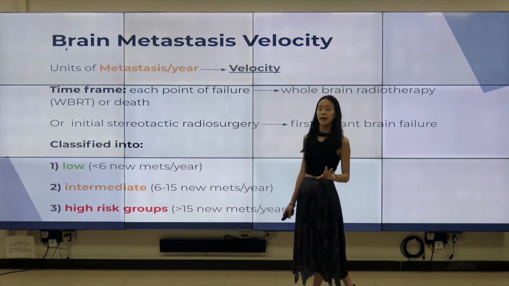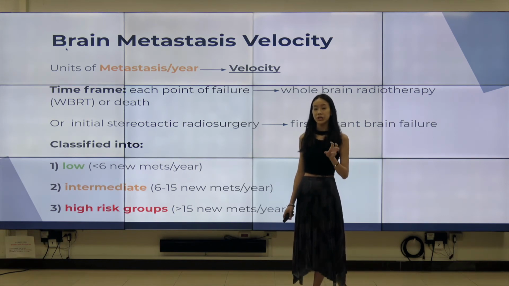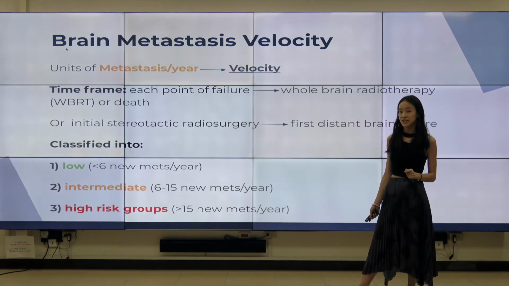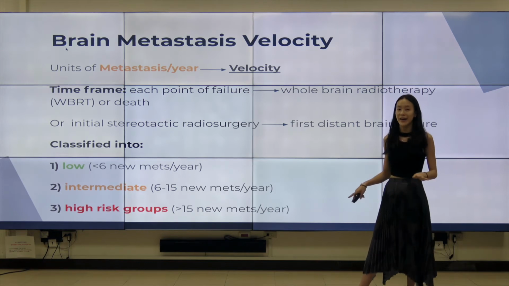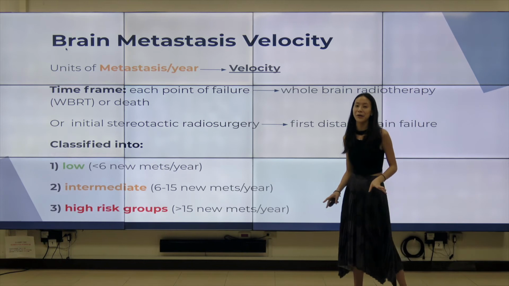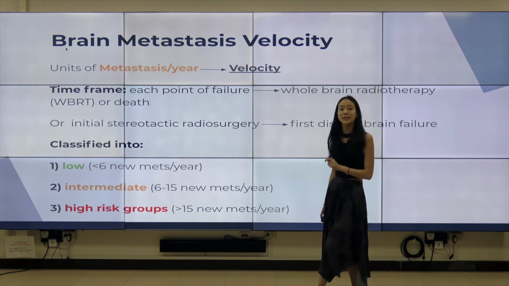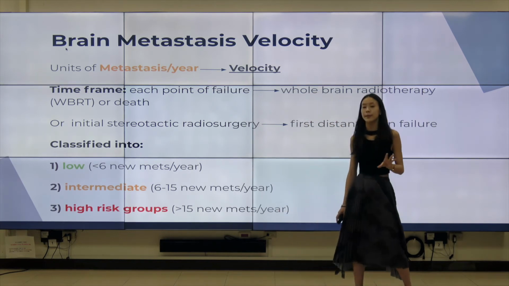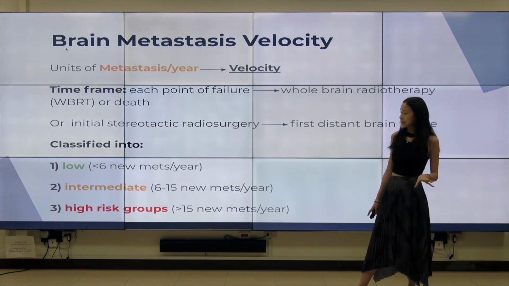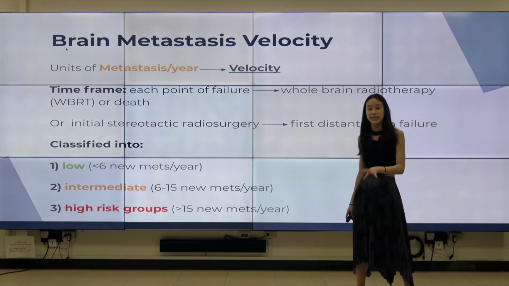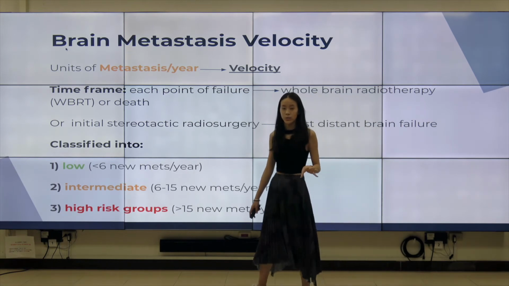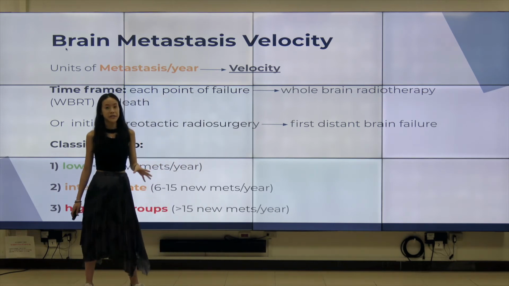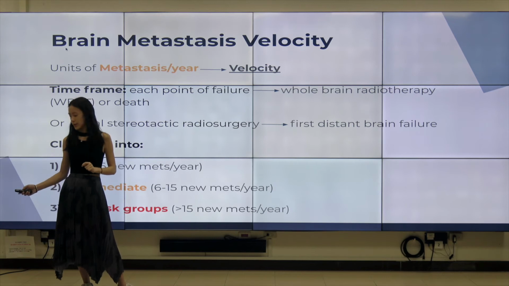A lot of the time they would be classifying it into three groups. So these prognosis models would be classifying these images into three groups. The first one would be low, the second is intermediate, and the third would be high risk. These can be defined by different doctors, which is what I was saying in terms of no standardization. But for most of the papers currently being reported, there was one that stated that low would be approximately less than 6 new mets per year, intermediate would be between 6 and 15, and high-risk patients would be over 15 new mets in the year after the SRS was performed on the patient.